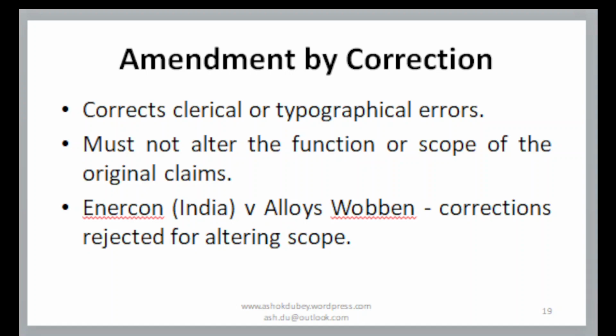Amendment by correction. If you do amendment by correction, there are clerical or typographical errors. This could also be corrected by the controller. It must not alter the function or scope of the original claims. This was in Aerkan versus Alois Wopen. Correction was rejected for altering the scope. One cannot alter the scope